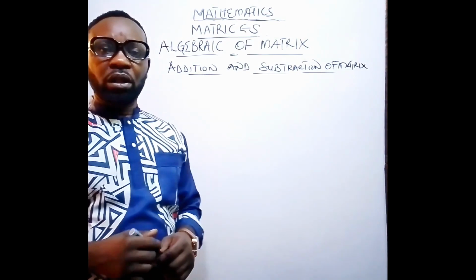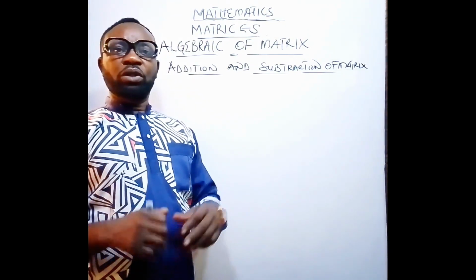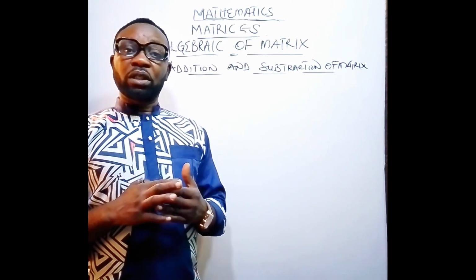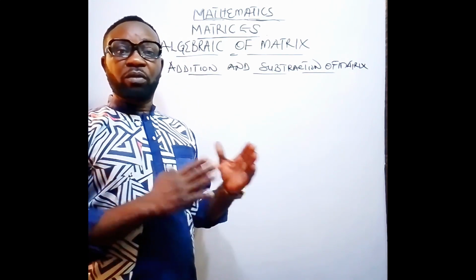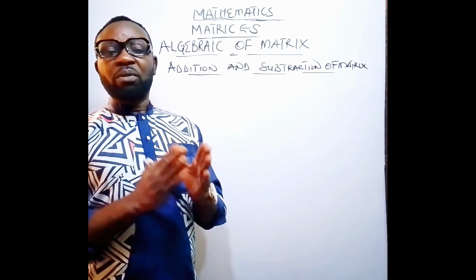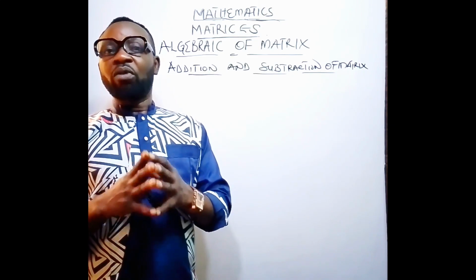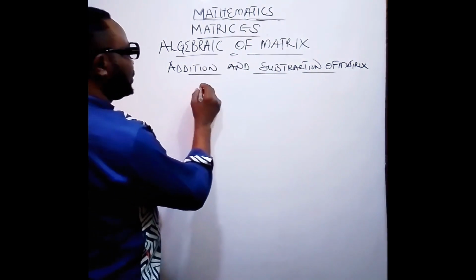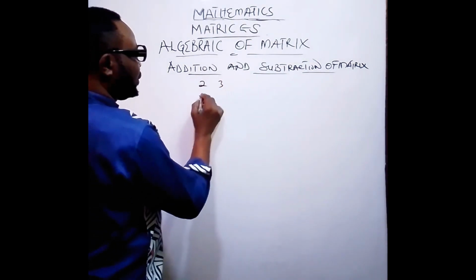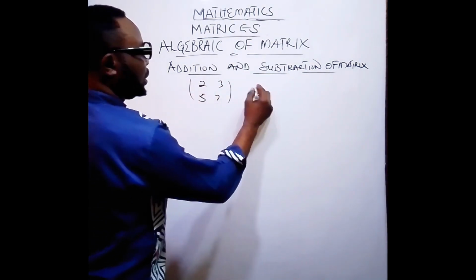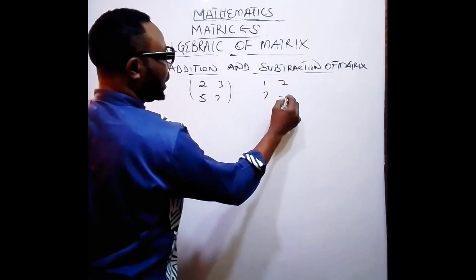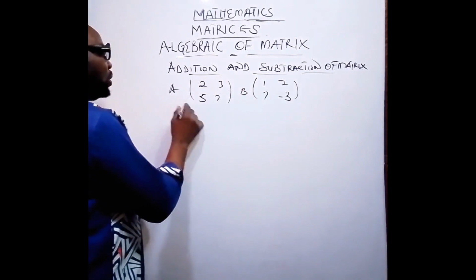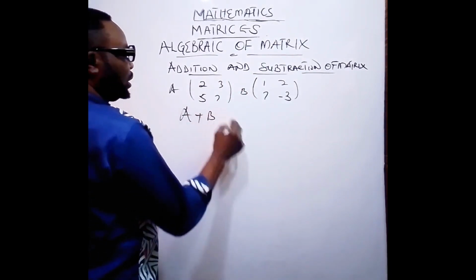In the addition and subtraction of matrix, what you need to take note of is that you must make sure that whatever matrices you want to add together must have the same number of rows and columns. What do I mean by that? If you have this form of matrix, 2, 3, 5, 7 and 1, 2, 7, minus 3. If this is A and this is B, and you are asked to add A plus B together,